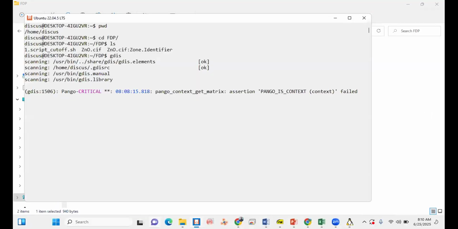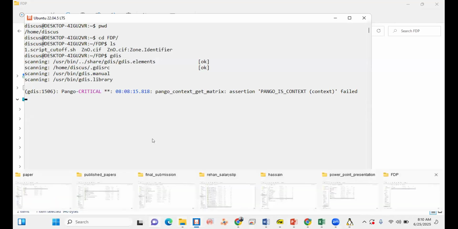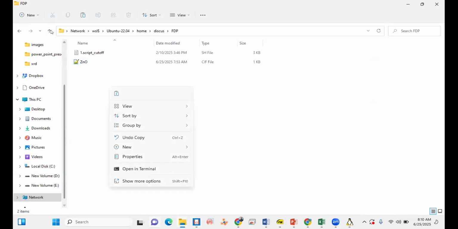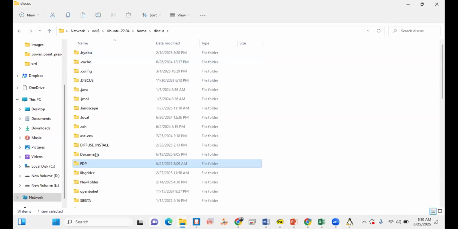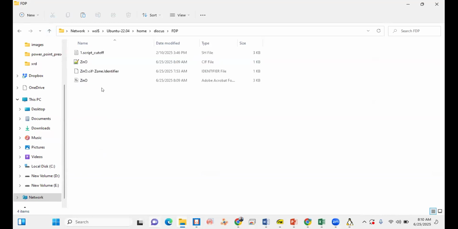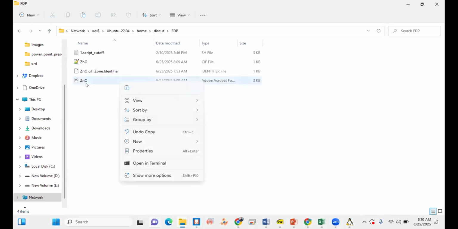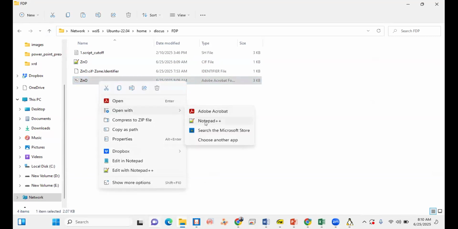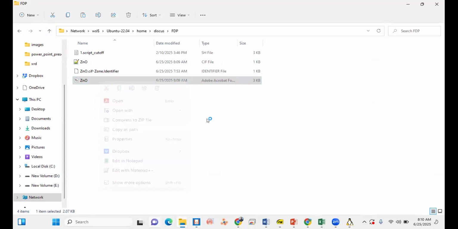I will go to the folder and see whether it created the FDF file or not. Yes, the FDF file is there. I can see it clearly. If I right click on that and open with Notepad++, if someone doesn't have Notepad++, they can also use Notepad.